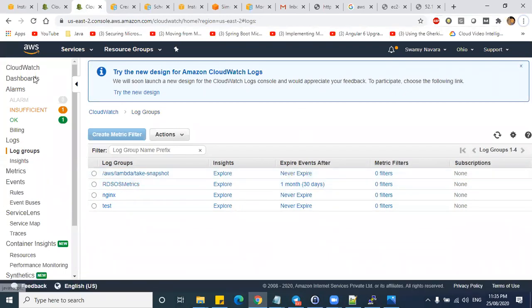But CloudWatch is not the right tool to monitor your application logs. CloudWatch is a tool which is used to monitor your AWS services logs, like your load balancer, your auto scaling groups, your VPCs. Whatever the infrastructure or the AWS services, like Lambda executions and all. When these types of AWS services are accessed, you check the logs to see whether my load balancer is working fine, when it has been overloaded, or what the auto scaling group instance has done. For those logs you use this, and for application logs, as I told, other tools are used.